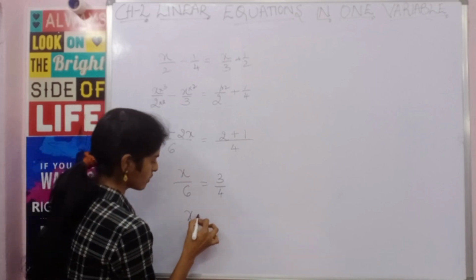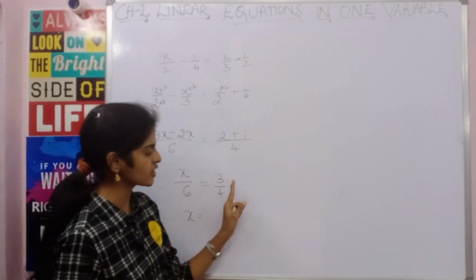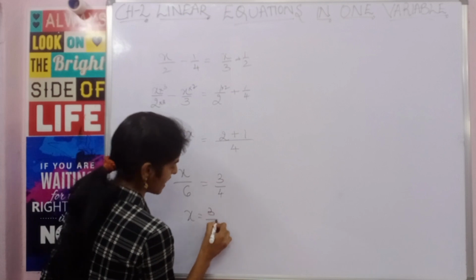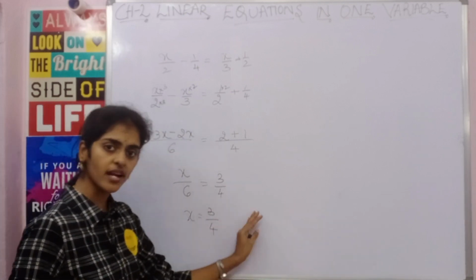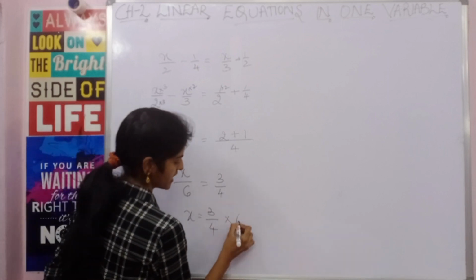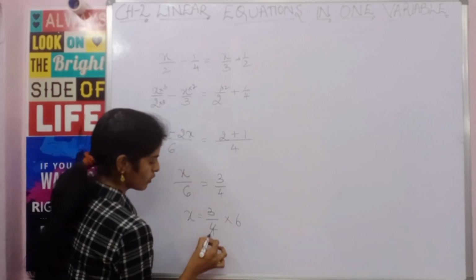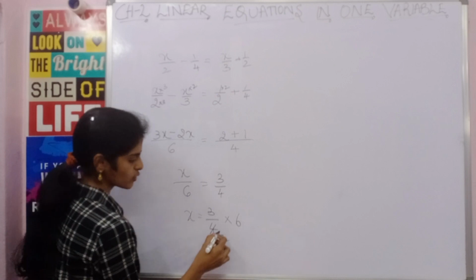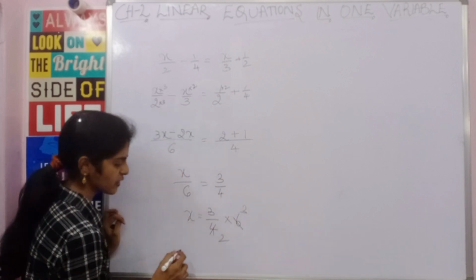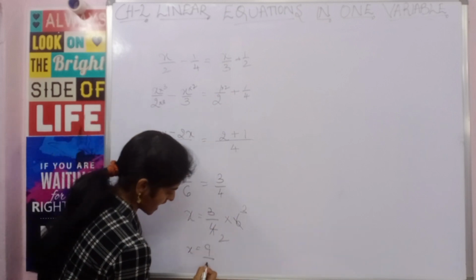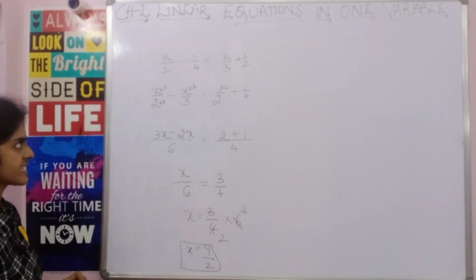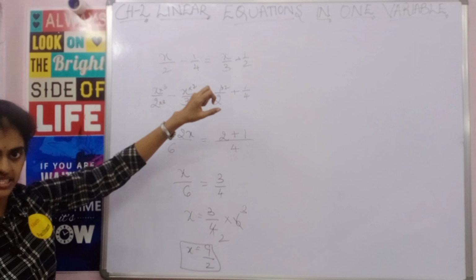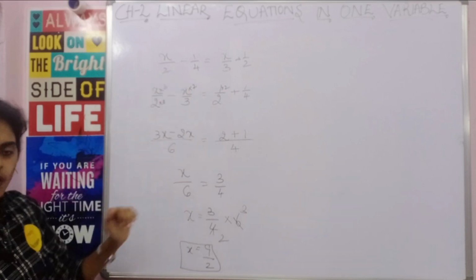Now I want the value of x. So x is equal to, now 6 I have to send to the other side. So it is 3 by 4, 6 is in division. When it goes to the other side, it becomes what? It becomes multiplication, so into 6. So 4 cancels 2 times, 2 2s are 4, 2 3s are 6. So x is equal to 9 by 2. Clear? So this is how you can find the value of x even when the equation given is complex. You will reduce it to simpler form.